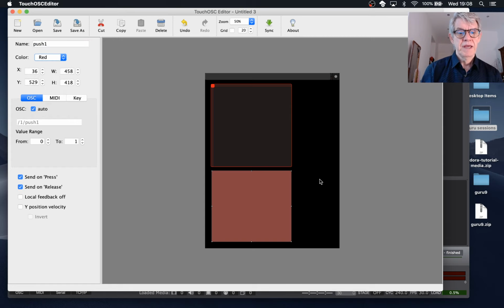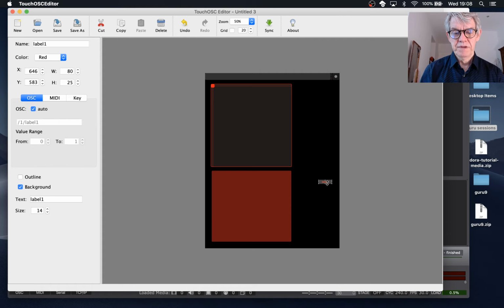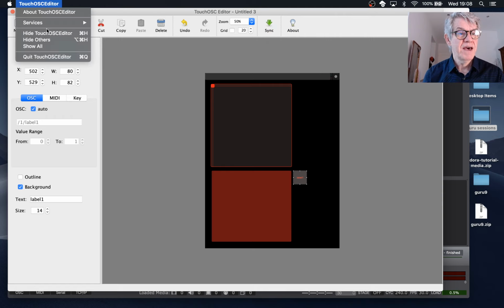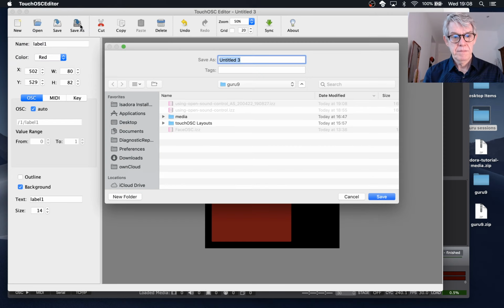I don't think so. There is a way to have a label, so I can add some text here next to the button, let's say. I'm not going to spend a bunch of time on this. Let's just say that's great. We love this layout, right? Okay, so now I hit this, we're ready to upload this. Oh, let's give it a name though. I'm going to save this, save as example